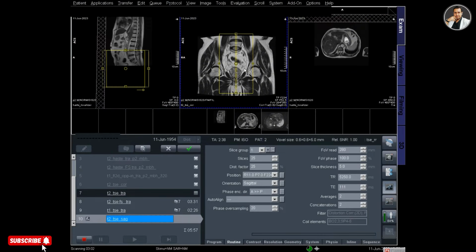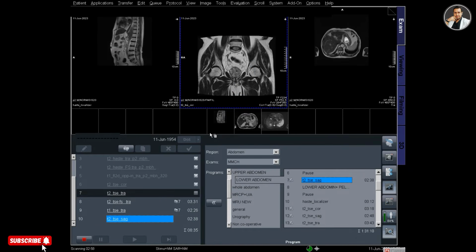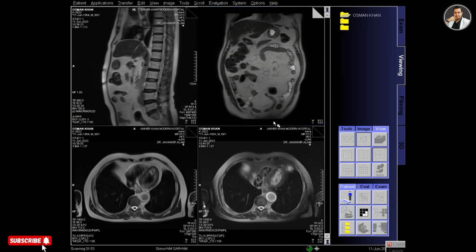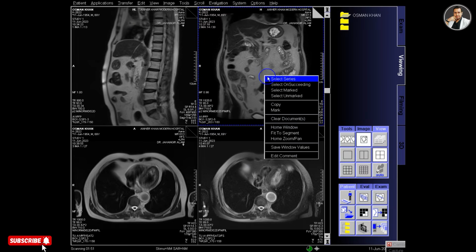So for the sagittal protocol I have selected slice thickness 5 and the number of images is 35 as set. So all my lower abdomen or pelvic protocols have been planned, and the scans will be completed automatically one by one. And now let's print some images from the upper abdomen.